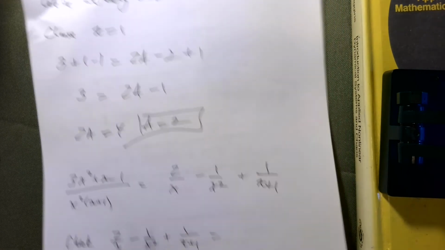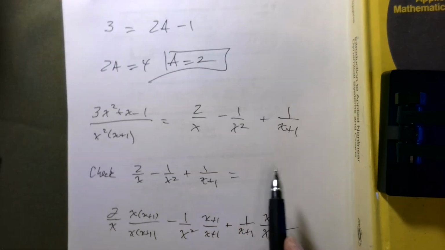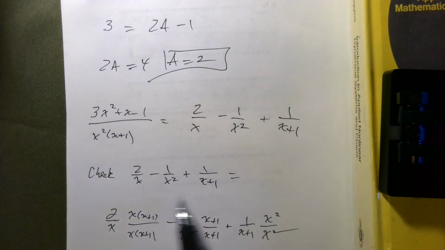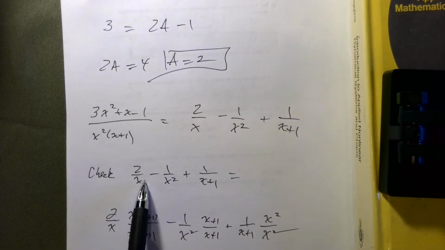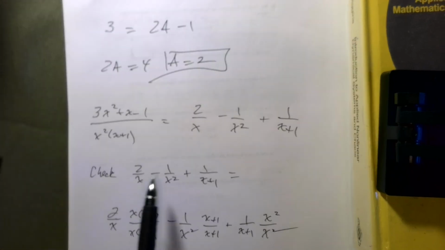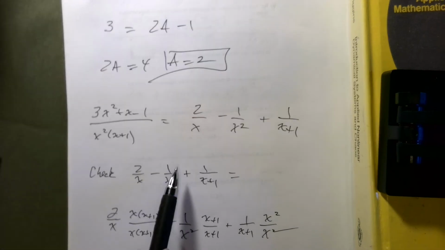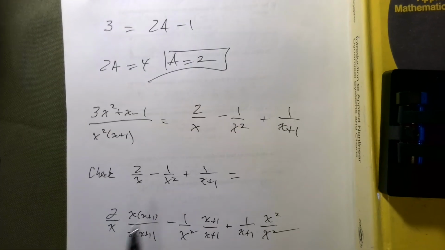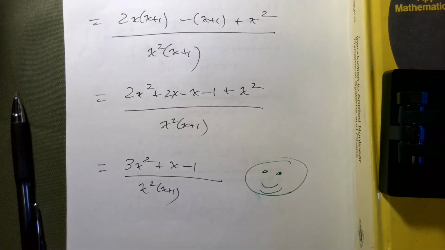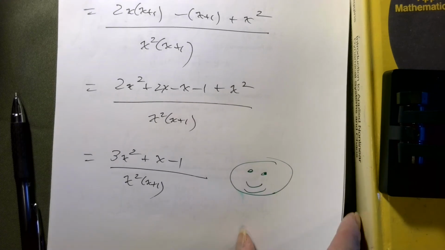So now I have the partial fraction decomposition. And I'll let you go through the checking to make sure that it's correct. So what you're going to have to do is multiply this by x over x, times x plus 1 over x times x plus 1. This is going to have to be, excuse me, x plus 1 over x plus 1. And this is going to have to be x squared over x squared. And if you go through the arithmetic, you'll find out that it does work. So I'll let you go through that. But the key step here was that you had to write